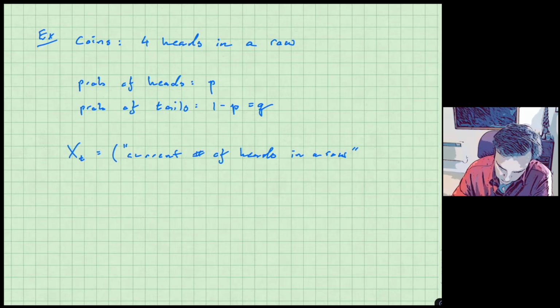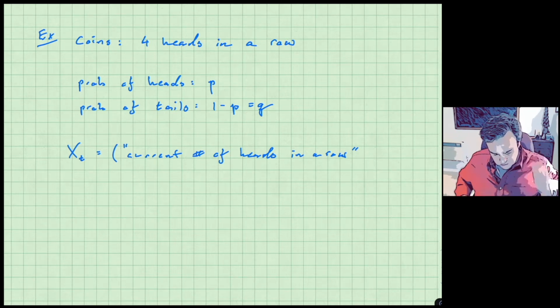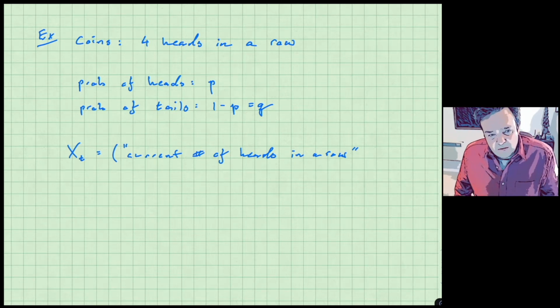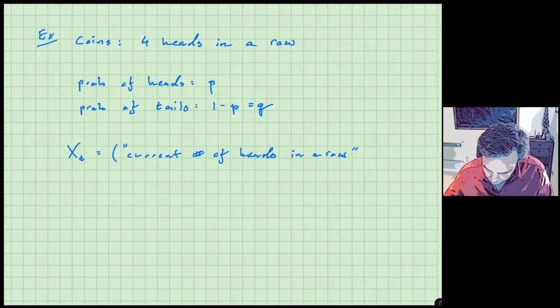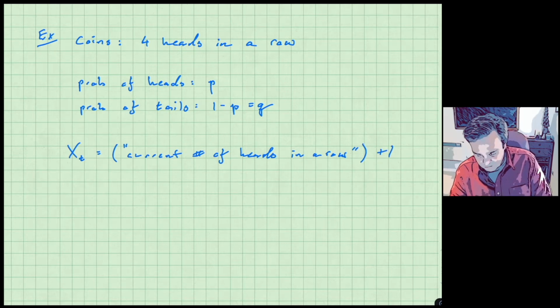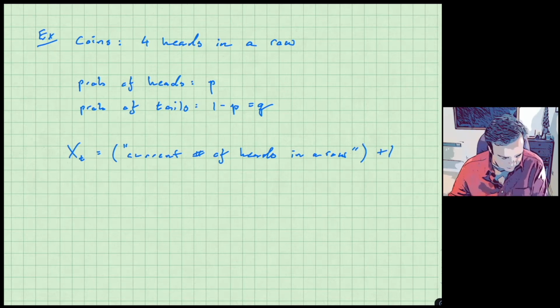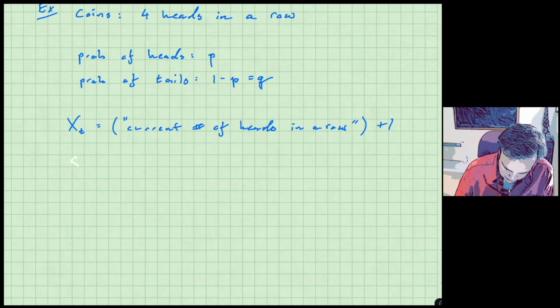But again, we want to make it so that the states are labeled starting at 1. So the smallest state label will be 1. And so we're actually just going to rename the chain, the random variables that make up the chain here. So we'll say it's this quantity, current number of heads in a row, plus 1, right? So we've renamed the X's here, and therefore our states look like this, same as before, almost,